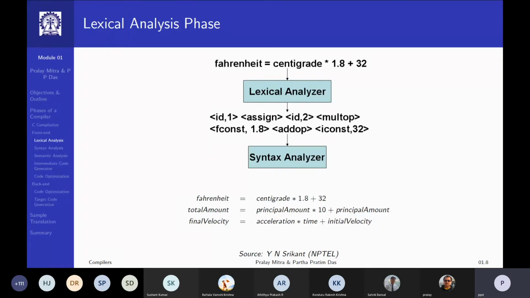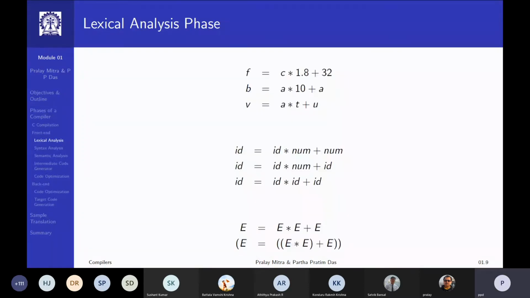One is grouping these characters into tokens. And the consequence of that is, the moment you do that, you get a different kind of grammatical structure coming out of the whole thing, as you will see in the next slide. So these are the same assignment expressions that you saw in the last slide.